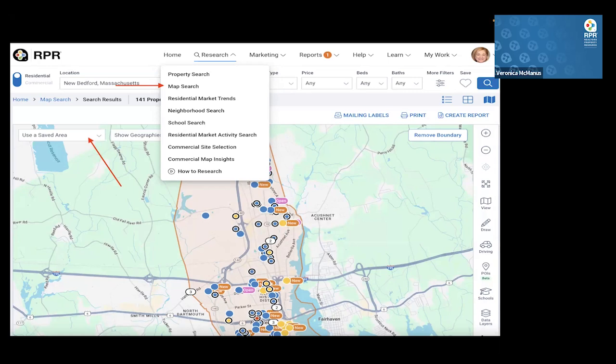So you'll click on research, you'll click on map search, and then the instructions will walk you through selecting your areas. And then you'll save that. If you look in the upper left-hand corner of the map, you'll have a saved area, so you don't have to continually be going through this exercise to select the areas where you want to farm